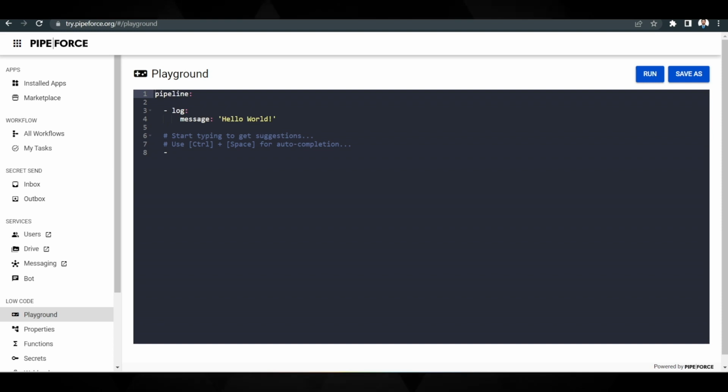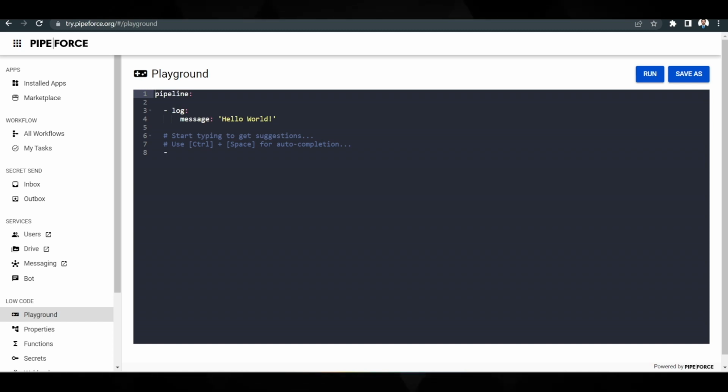Hello everyone. In this tutorial, we will learn how to use ChatGPT to create a Python function before saving and executing this function inside PipeForce. PipeForce provides us with a chatbot interface for the interaction, and its backend is linked with ChatGPT